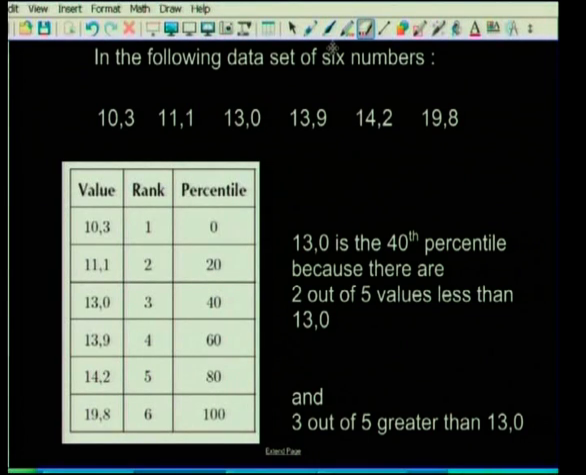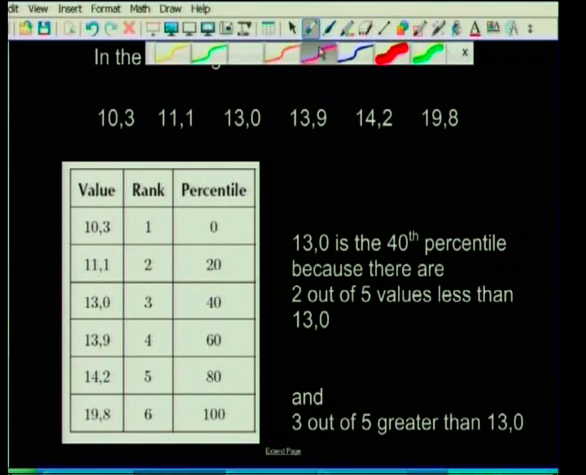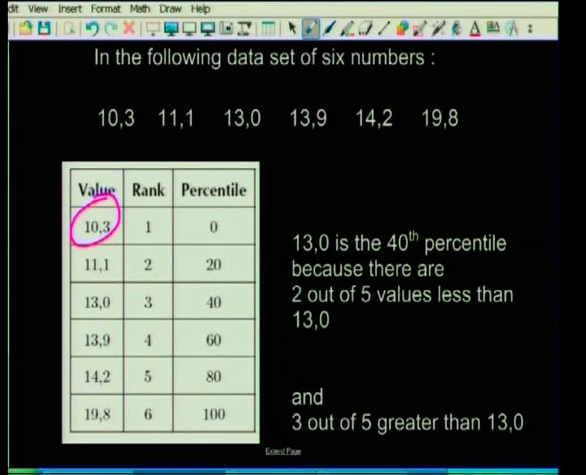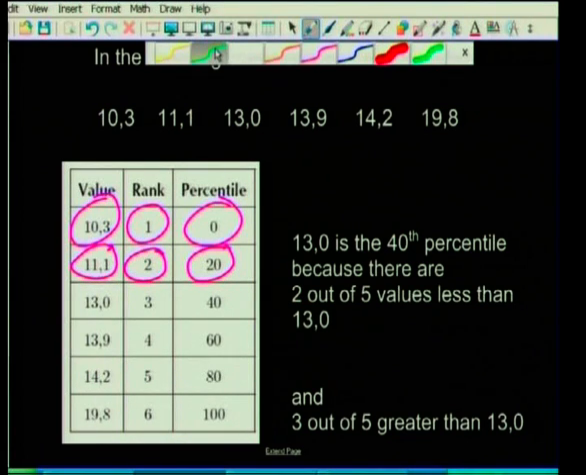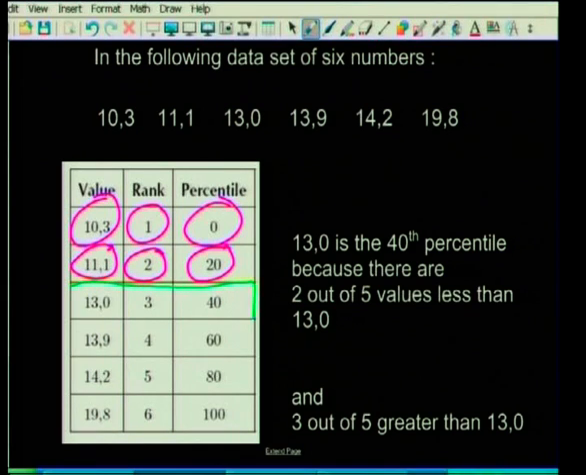Let's have a look at the following ordered set of data. I've got 10,3, 11,1, 13,0, 13,9, 14,2, and 19,8. So the value of the first data piece is obviously 10,3. Its rank is number 1 because it's the first data piece. Its percentile is 0. 11,1 is ranked second. Its percentile is 20. Now, if I have a look at the third data piece, which is also ranked third, 13,0,